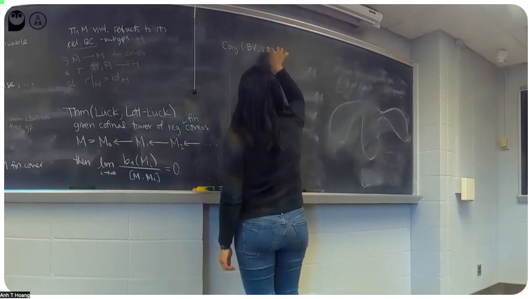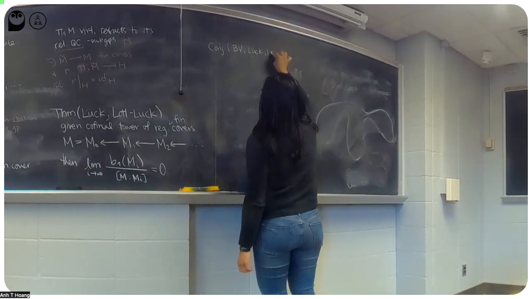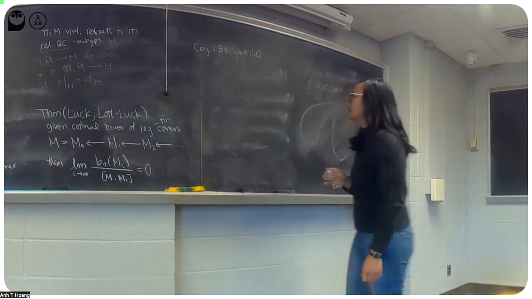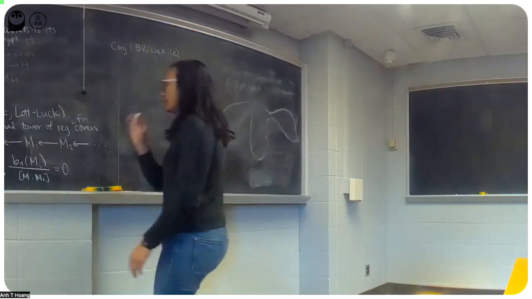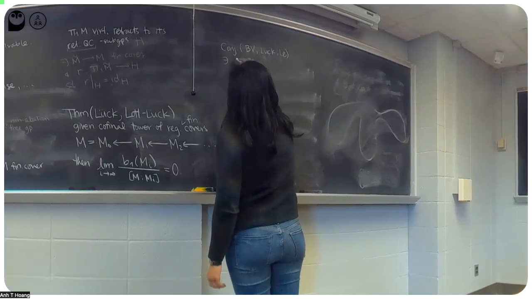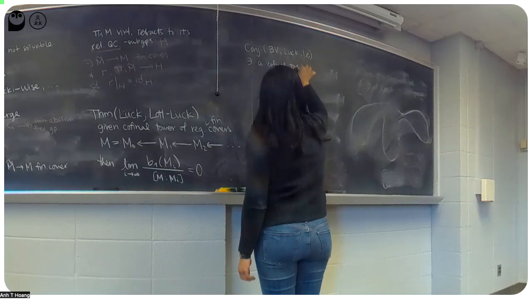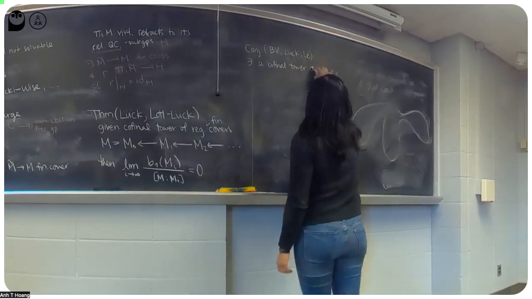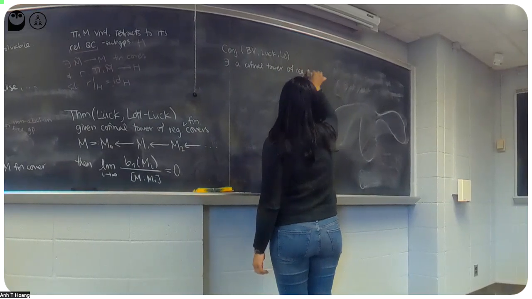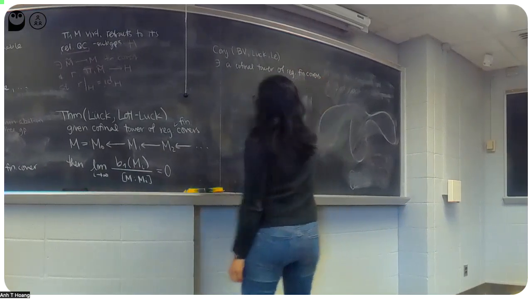There's a version due to Lück. There's a three-manifold version due to Le. So I'll just say all that. But for this case, this conjecture says that there exists a cofinal tower of regular finite covers such that,